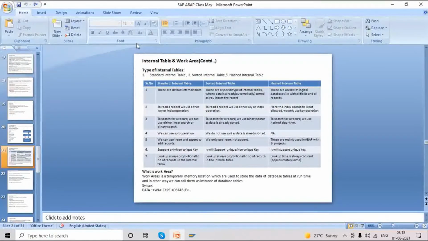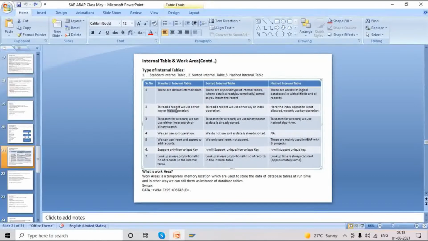We have different kinds of internal tables like standard internal table, sorted internal table, hash internal table. So now we discussed all the operations with the reference of standard internal table. We didn't mention anything specifically, so it will act as a standard internal table. Why we are preferring it: standard internal table will support both unique data and non-unique data while doing sorting or reading data and all. And standard internal table supports both index and key value. Now we tried read table with both key and index. When it comes to sorted table, it will support only index.